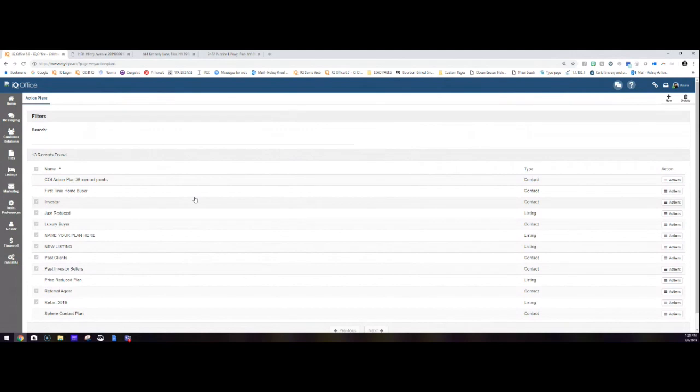I was reading an article the other day, and I'll just share this tidbit of information with y'all. It says that people who work with lists are actually way more likely to do a few things. One of them is achieve goals, and the other one is earn more money. They say the reason is that people who create lists, action plan lists, whether it's in our system or on a piece of paper,